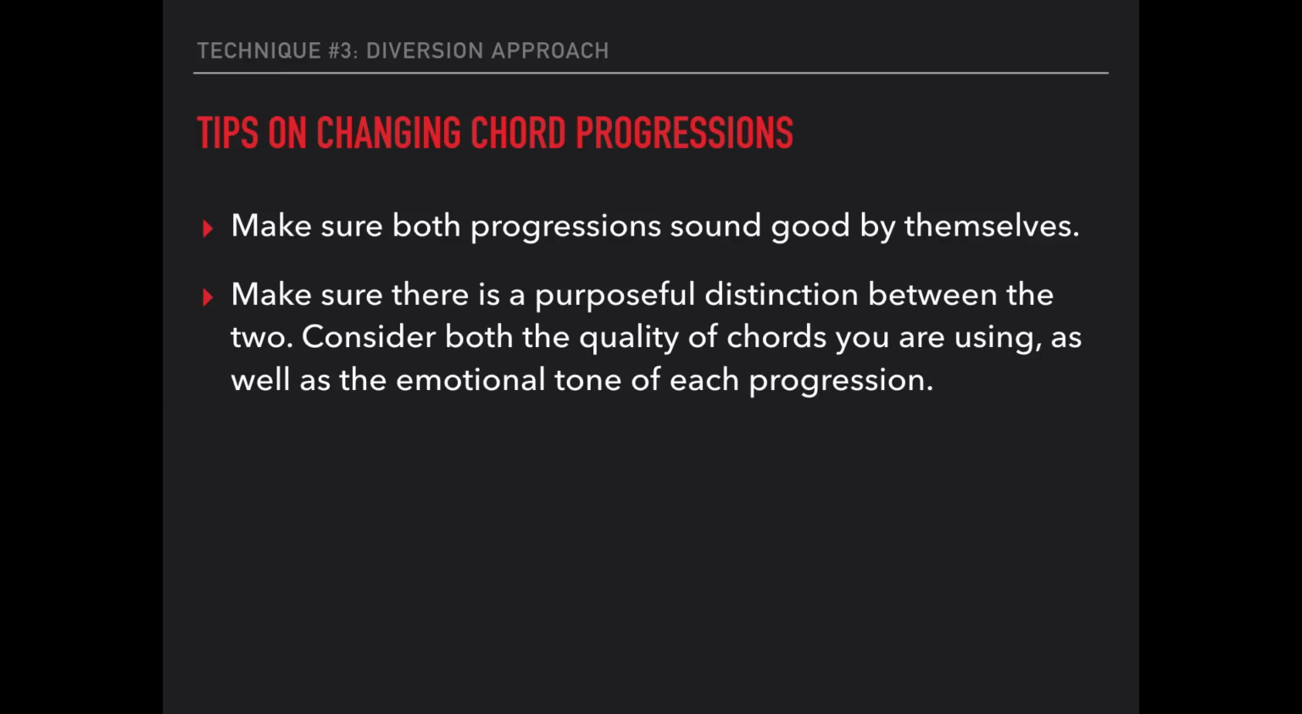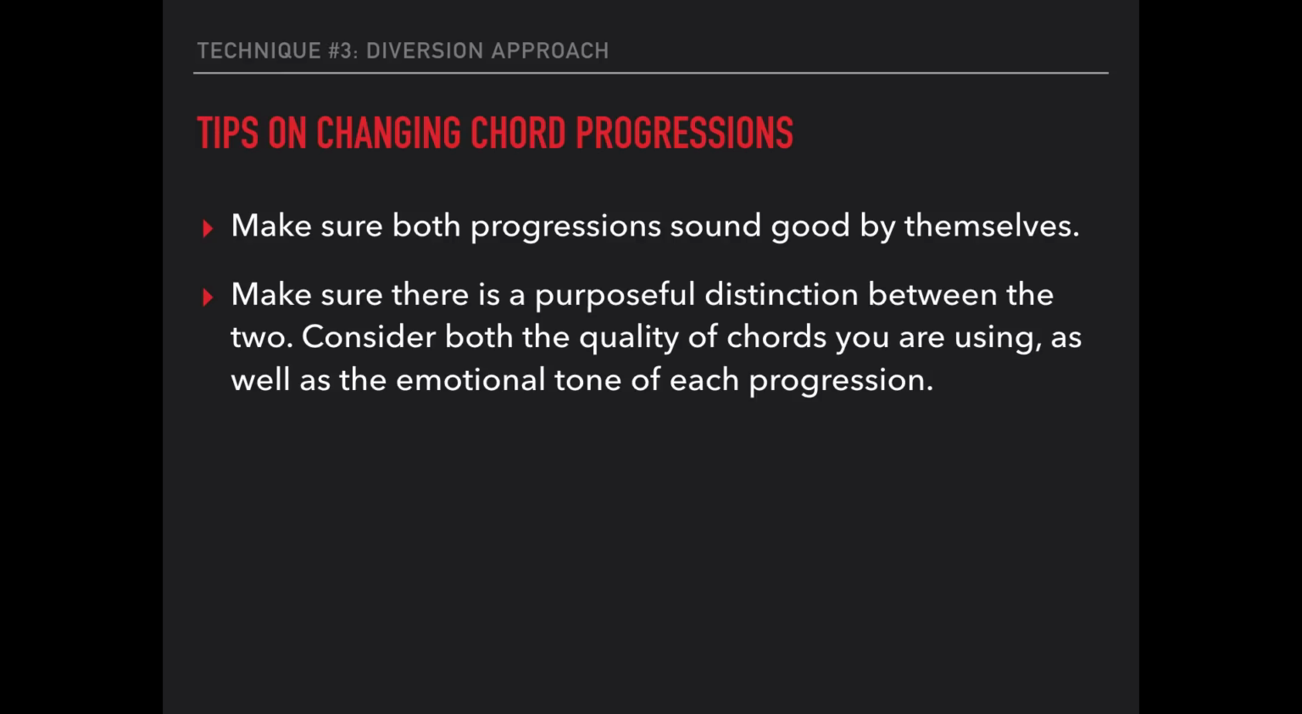Second, make sure that there is a purposeful distinction between the two chord progressions. Consider both the quality of the chords you're using as well as the emotional tone of each progression. From an emotional level, you can use your B section to shift the tone of a track. For example, if your A section chord progression is moody and emotional, your B section chord progression could be bright